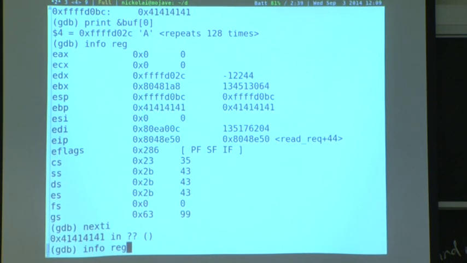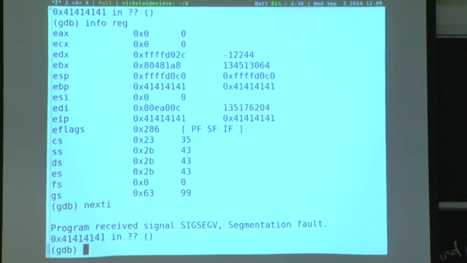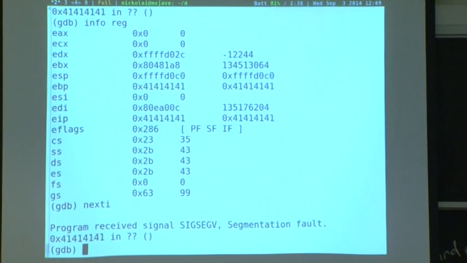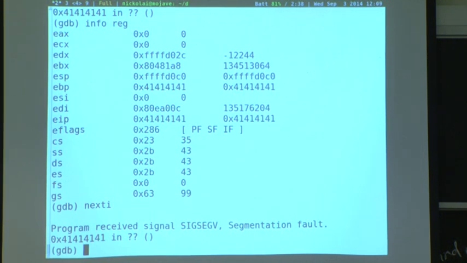If we ask GDB to print the current set of registers, the current instruction pointer is this strange value. If we execute 1 more instruction, it's going to crash because that's finally trying to execute an instruction pointer that doesn't correspond to a valid page in the operating system's page table for this process. Make sense? Any questions?